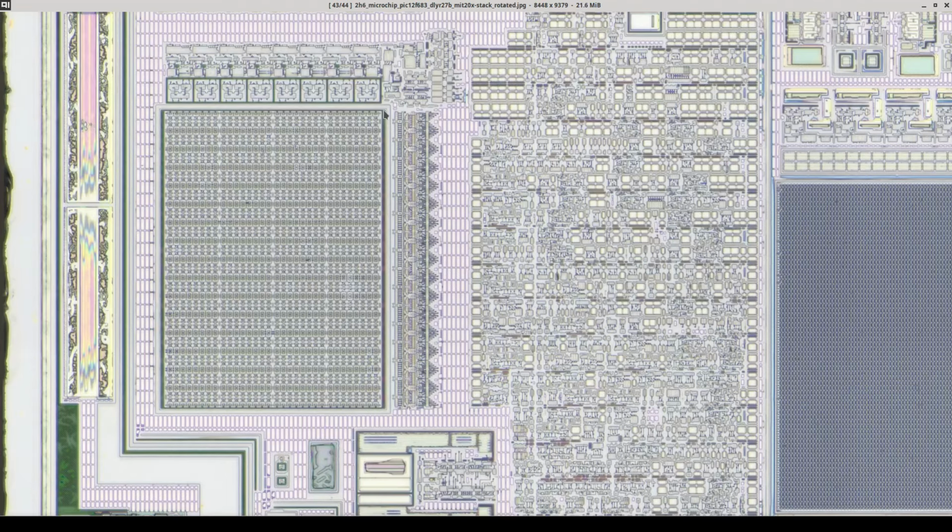Now we can see a second memory array. This one is significantly smaller, but the bit cells are much larger. There's a lot less analog stuff around it. And zooming in a little bit more, we can see this very textbook donut and I-beam shape, which is indicative